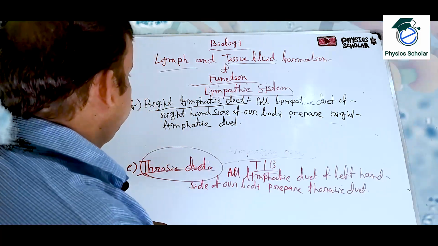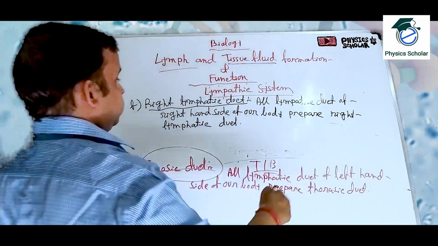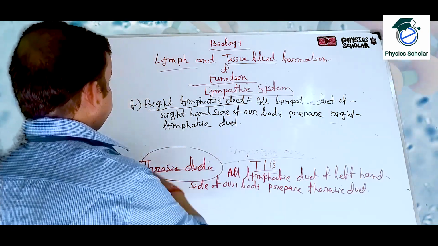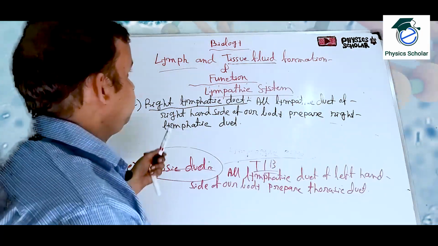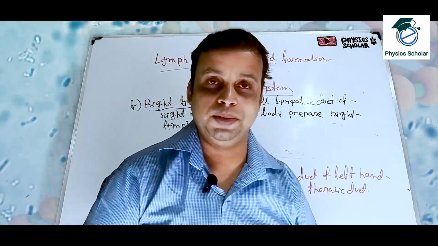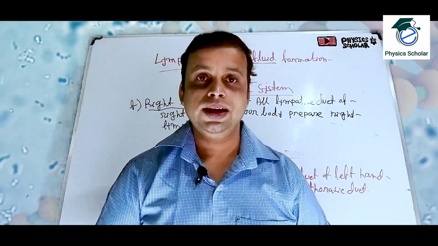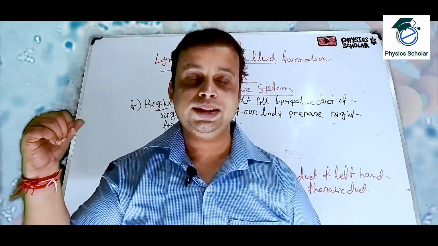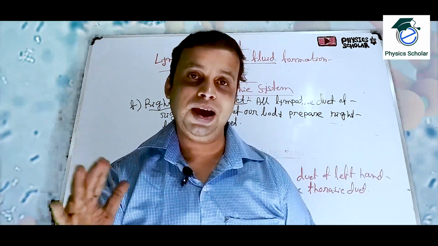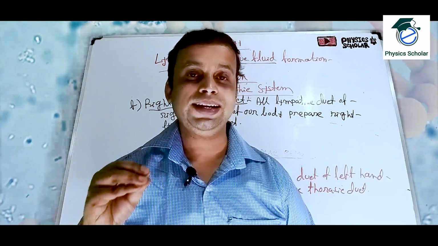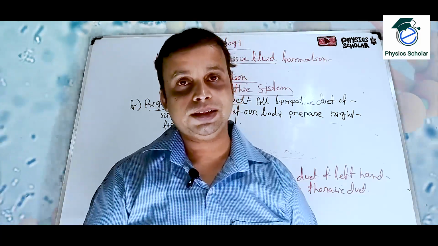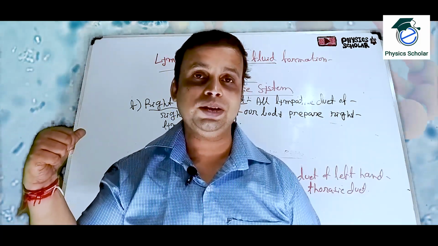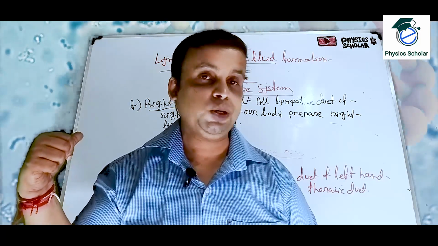So through the vein, it will again go to the blood. So this is actually the total of our tissue fluid and the lymph. Students, I hope you have understood this topic, the lymph as well as the tissue fluid after blood. I have discussed blood in detail in my previous episodes, and today I have discussed the lymph and the tissue fluid.